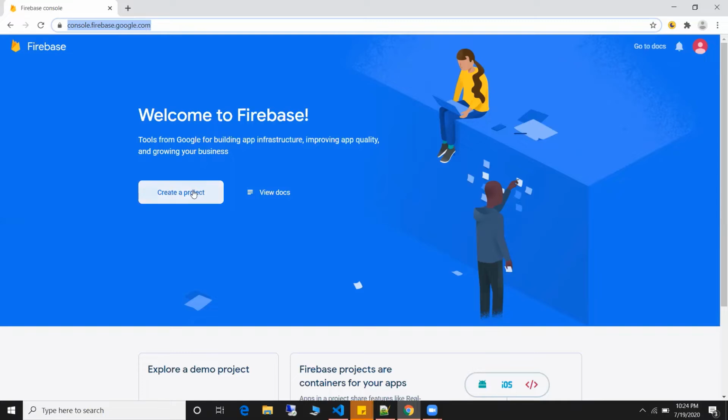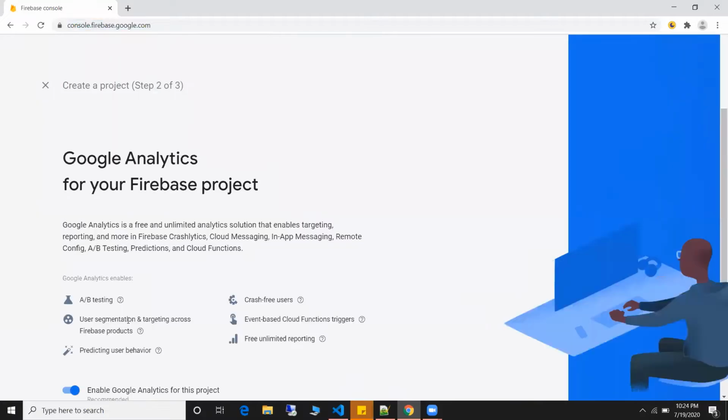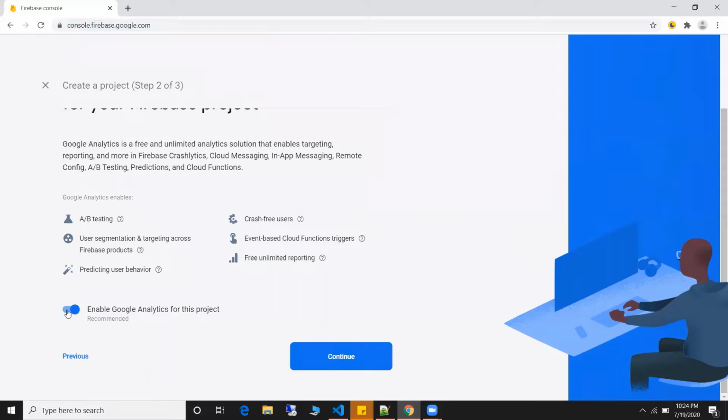Click on create a project. Enter your project name. Continue. I am going to disable Google Analytics for this project.